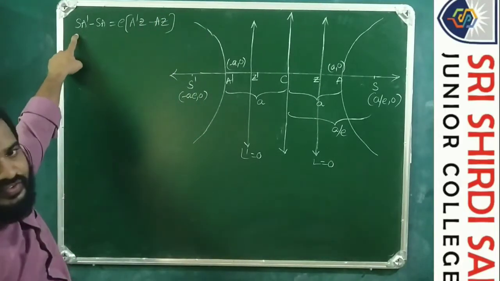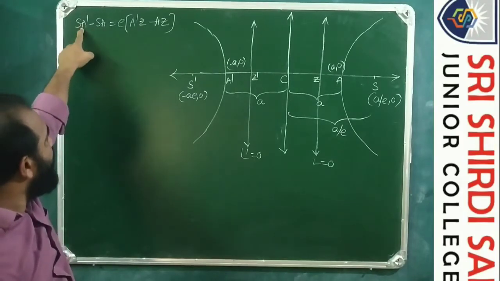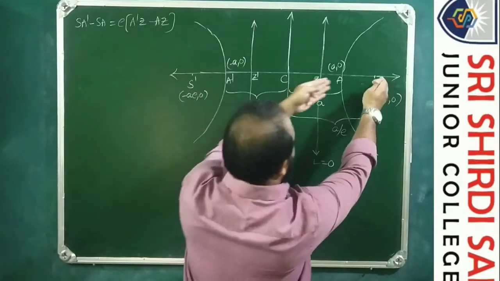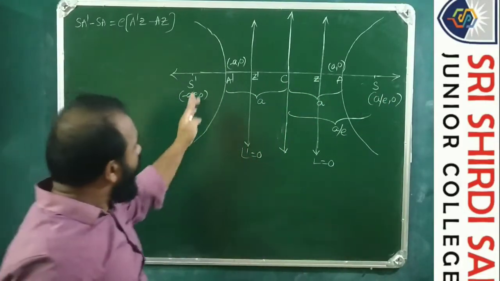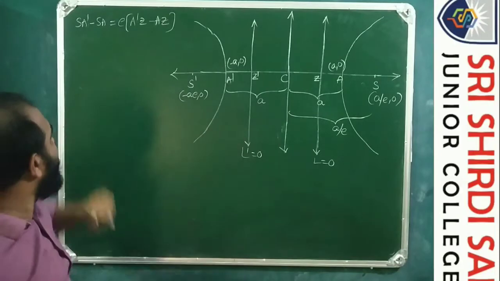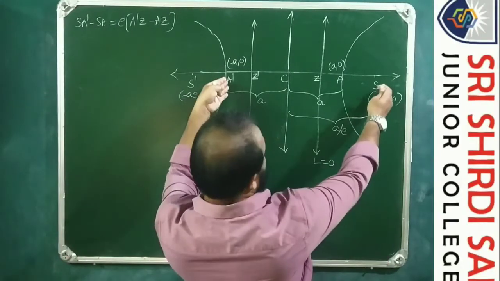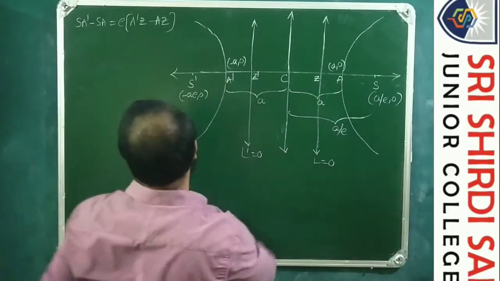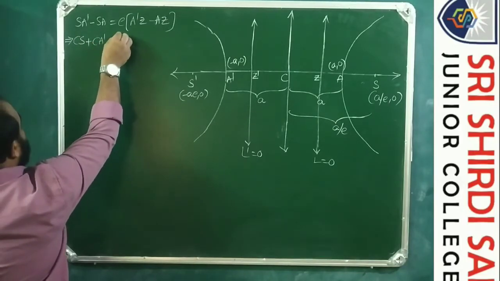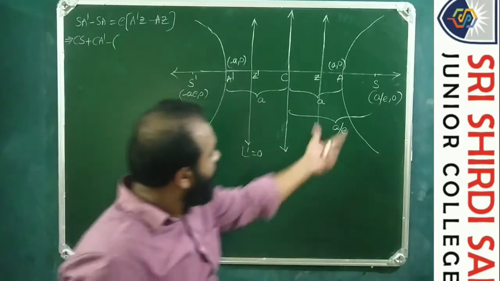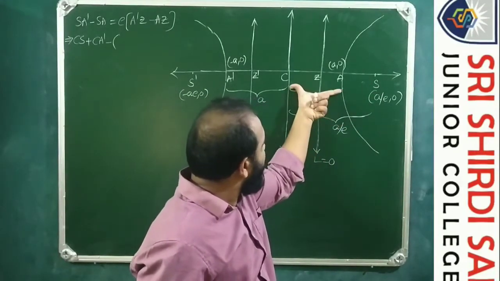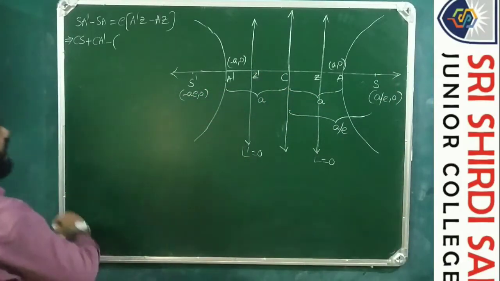So the reason for subtracting SA from SA dash is, according to the diagram, SA dash is this much and SA is this. So generally longer minus shorter is what we are doing. So for which I have taken SA dash minus SA. What is SA dash again? SA dash is CS plus CA dash. This is CS plus CA dash minus SA, which is total CS minus CA, cutting CA from CS. CS minus CA